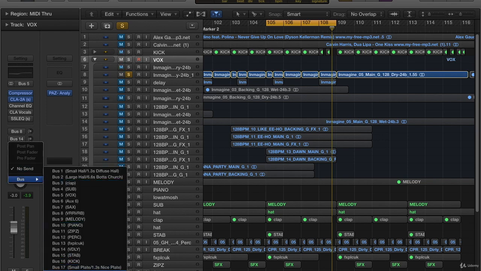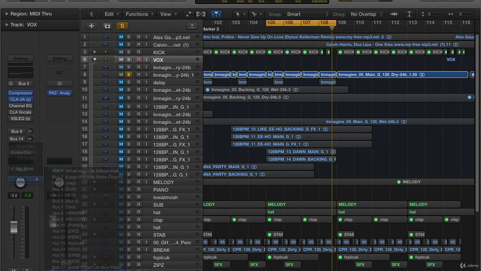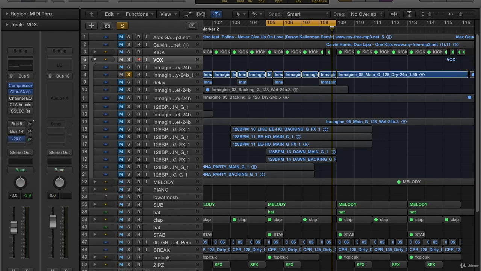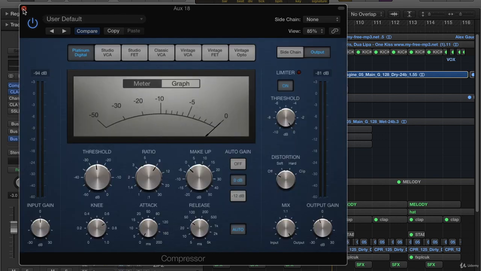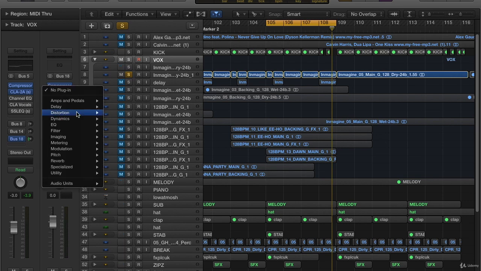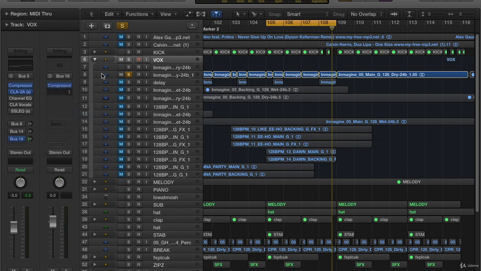You would just send it to another bus, and then you could just copy this one across, but have a much more extreme compression, so a lower threshold, and then a higher ratio. And then this one sounded quite good as well, and for good measure we can put a little bit of overdrive on there,